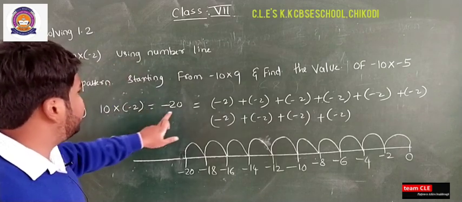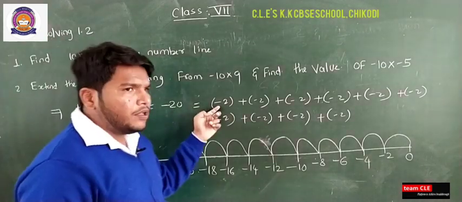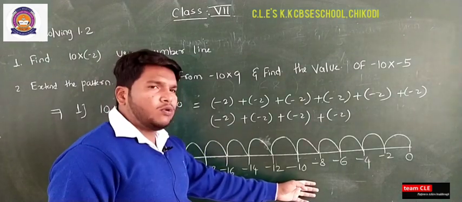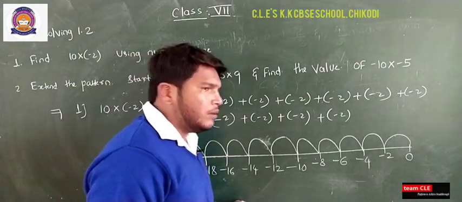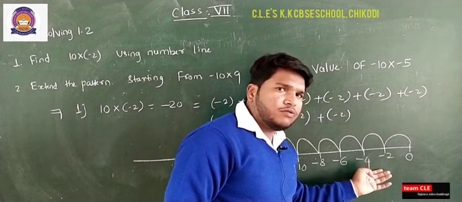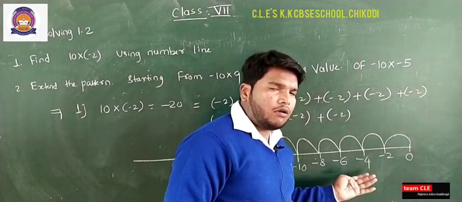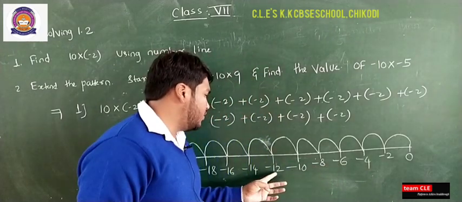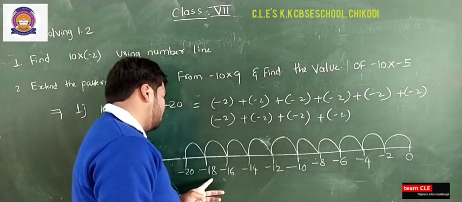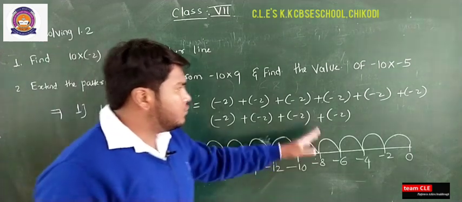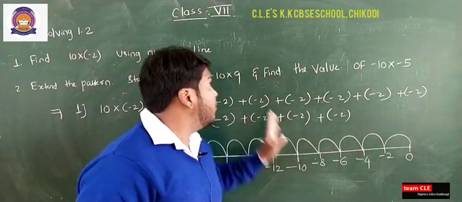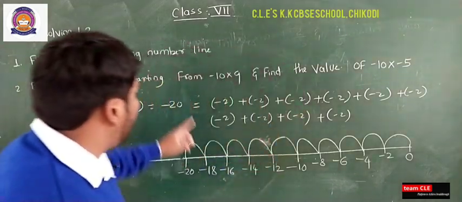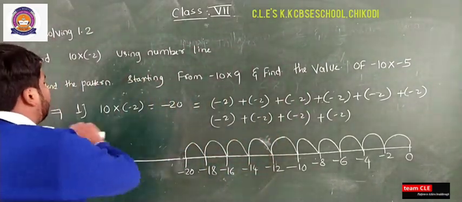First, 10 into 2 is equal to 20, so with the minus sign it is minus 20, split up in the form of minus 2, 10 times. Then I used my 2 table, just using the 2 table, and put the minus sign. The numbers which are on the left are negative integers, as you already learned. Minus 2, minus 4, minus 6, minus 8, minus 10, minus 12, minus 14, minus 16, minus 18, minus 20. Okay, so this is the representation of 10 into minus 2 using a number line. Okay, so all of you just note down this example.